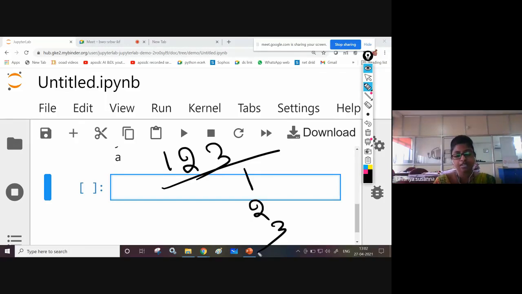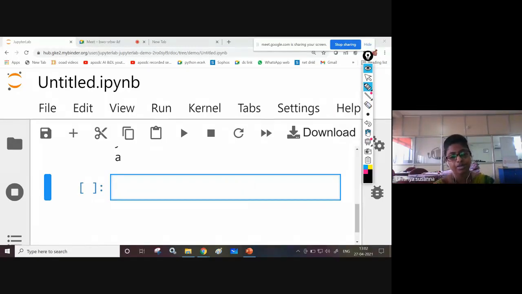Please understand carefully. You need to enter a number and then the output must be individual digits. How to do it? I will explain. No need to use for loops, all those things. Just wait, I will type the program.